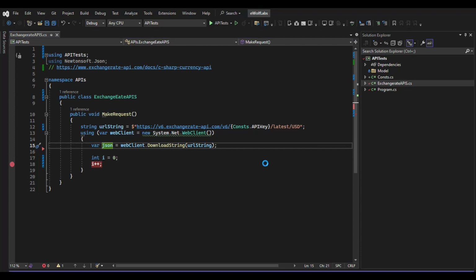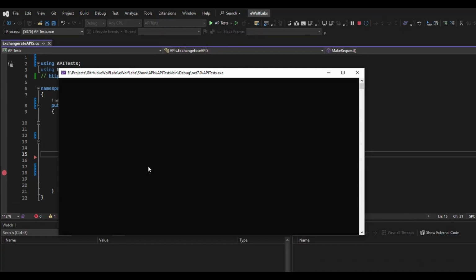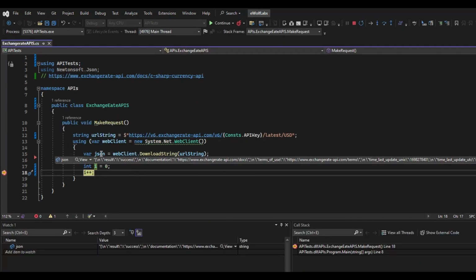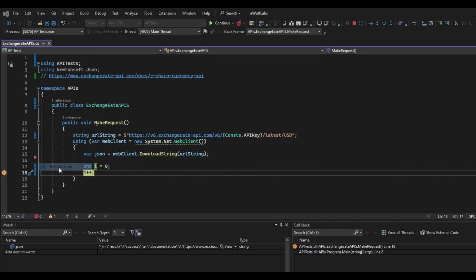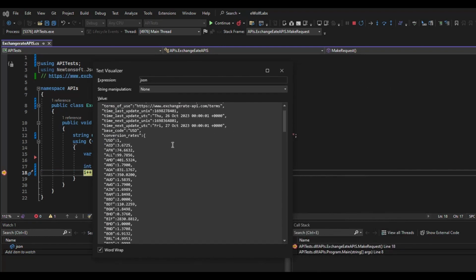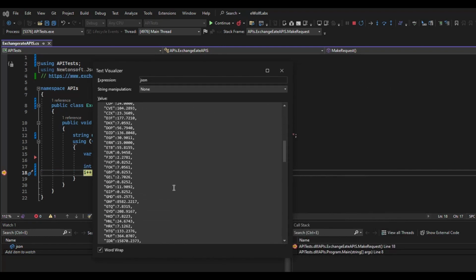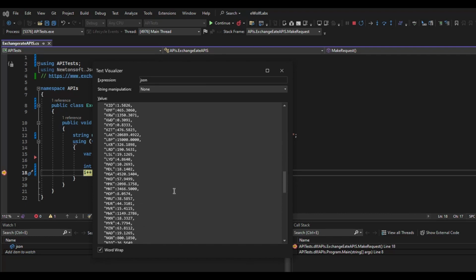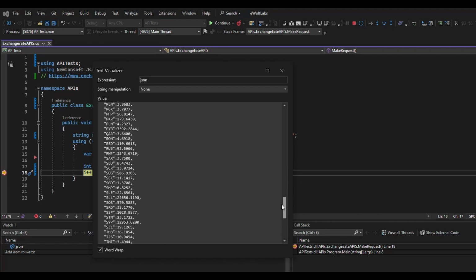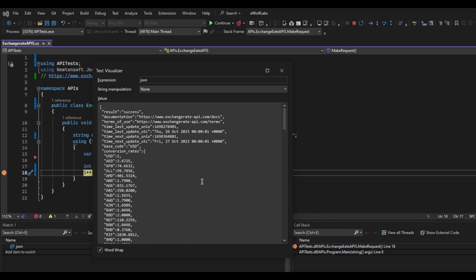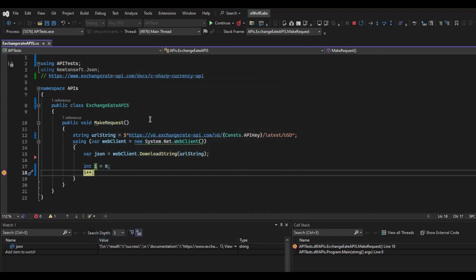So let's just run this bit of code. It should be terribly quick. I've got a breakpoint set here, and you can see here there's JSON. If I display it as a text file, this is the format you're going to get back. As you saw, that basically matches what we had on the website, and it's got all the different currencies you could be interested in. In order to convert this into a C# model, you can take this, copy it, all of it,